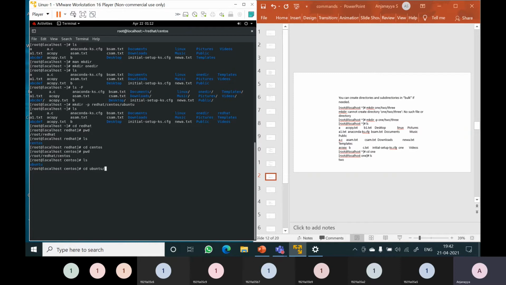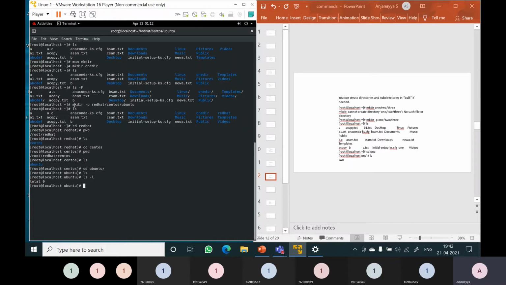cd Ubuntu. Now after Ubuntu, I have not given any subdirectories here. So if I type ls, it should be empty. Or you can use ls -l. So total 0, no files are present in the Ubuntu directory because we have not created any subdirectories or files inside the Ubuntu directory.